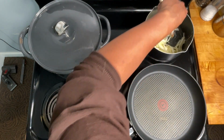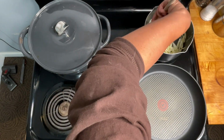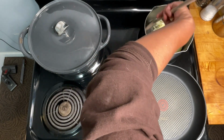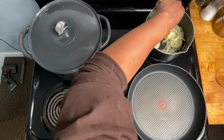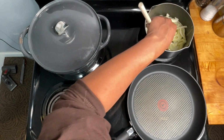Okay, so that's going. Our onions just need some love. We just gotta keep an eye on them and keep them moving. Ideally we'll start to see some browning and some nice, beautiful caramel color come through. And once we see that, then I'm gonna hit them with a little red cooking wine just to give them some depth of flavor, and those will be good to go to put on top